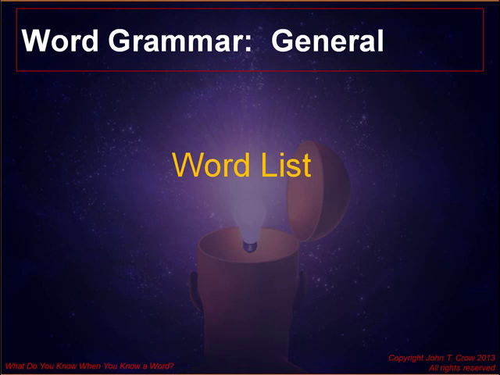Let's start off with a little test. I'm going to show you a list of 10 words. Your task is to read that list through one time quickly, because the list won't be visible to you for very long. Then when I take it away, repeat the list word for word in the exact order that you saw it.